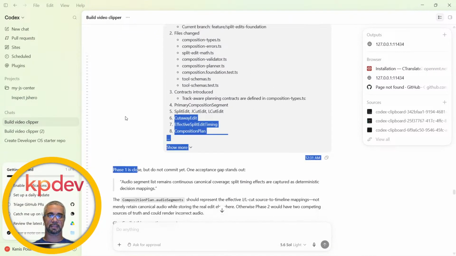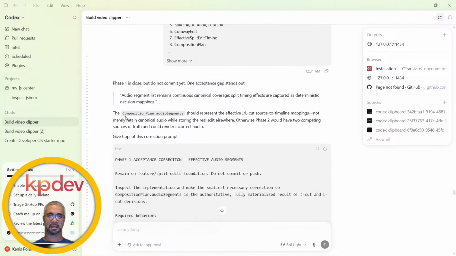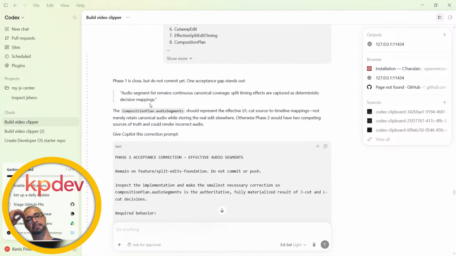So let's keep moving and see what information I get out of the content area right here in Codex, and see if I get the correct information to then prompt him so I can understand better as to what's going on. So the composition plan audio segment should represent the effective J and L cut source